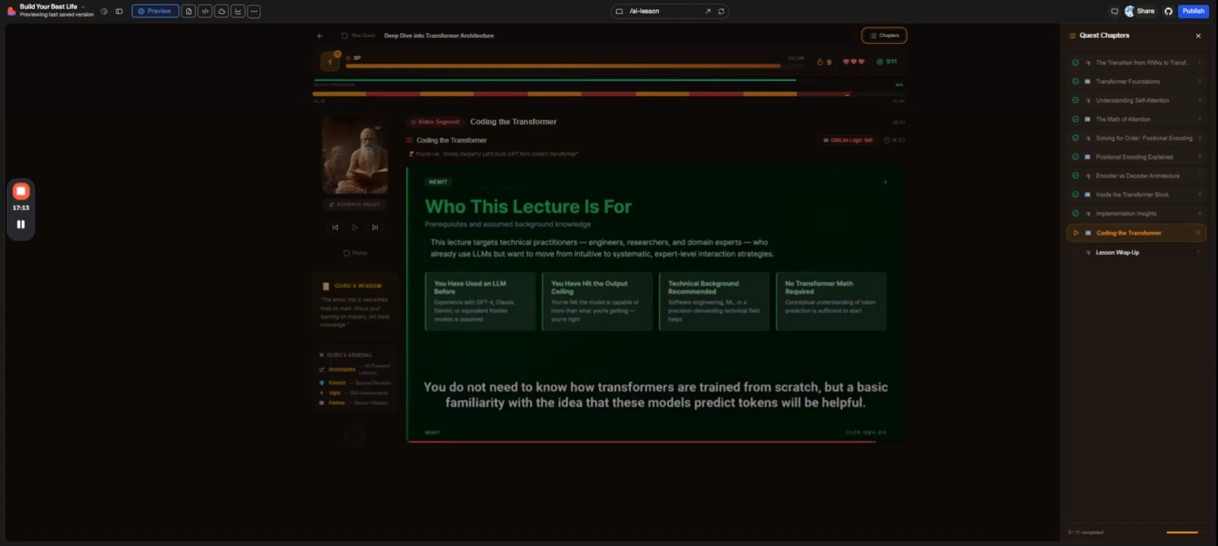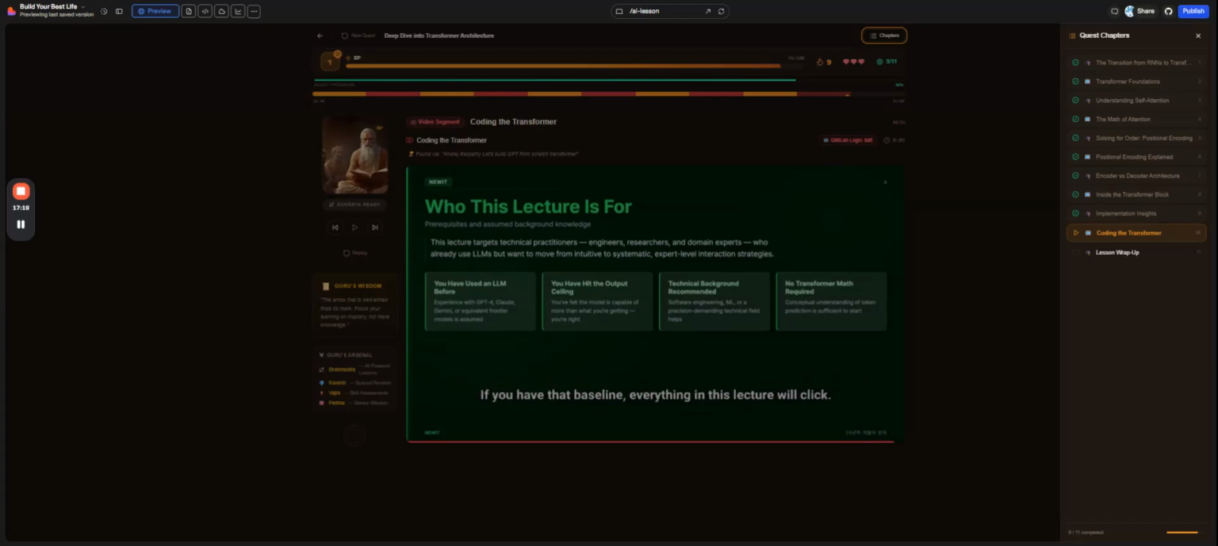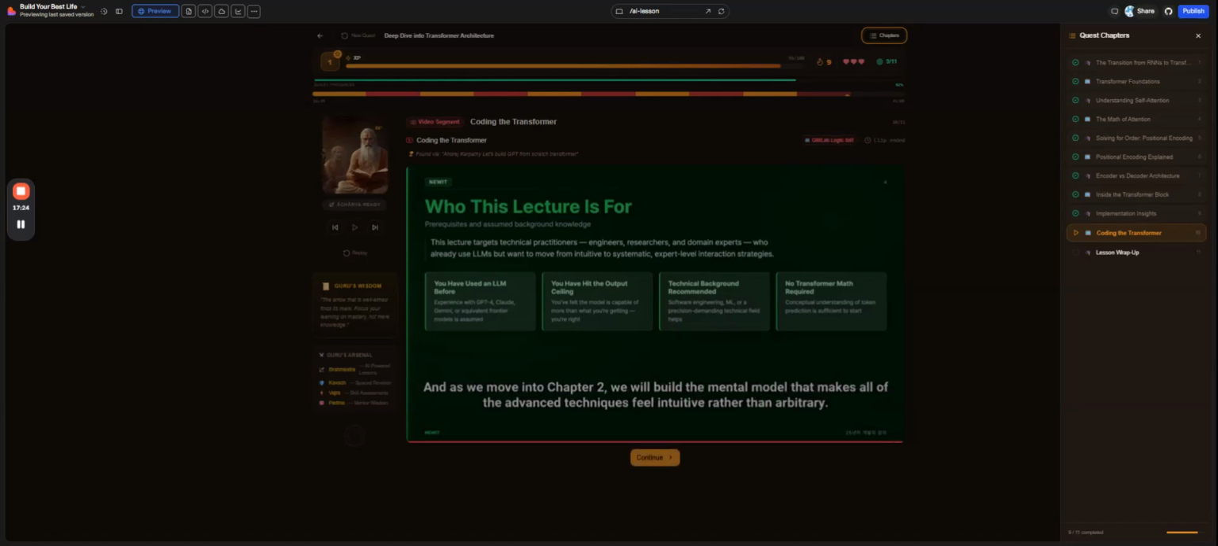You do not need to know how transformers are trained from scratch, but a basic familiarity with the idea that these models predict tokens will be helpful. If you have that baseline, everything in this lecture will click. And as we move into Chapter 2,